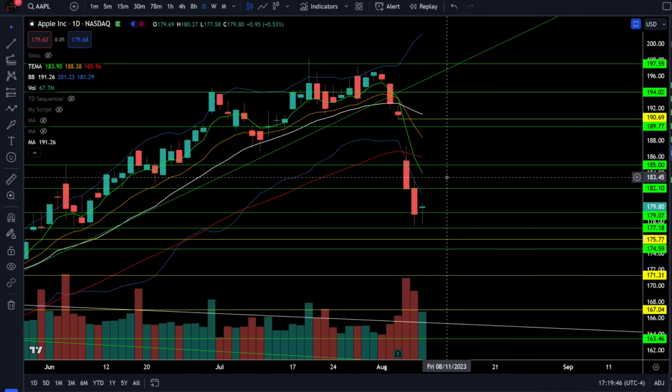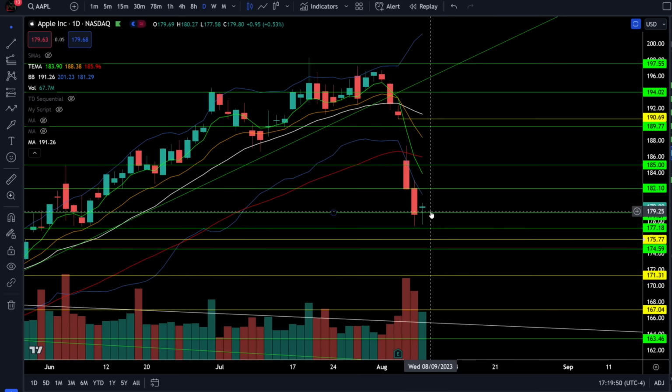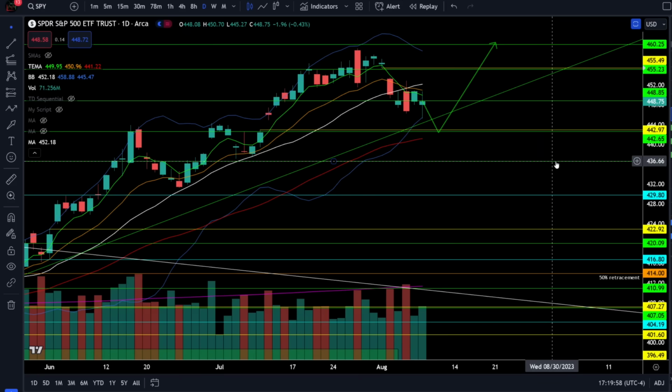Now in Apple, it's difficult to know where it's going to go in the longer term, but in the short term, it definitely looks due for a dead cat bounce, which is likely going to take it to 182 to 185. So jumping back over to the S&P 500, I drew out the projections of where the risk lies in this market, and you can see we have just a little bit lower to go before we hit critical support. And yes, it is possible we do go all the way down there and touch those critical levels before this